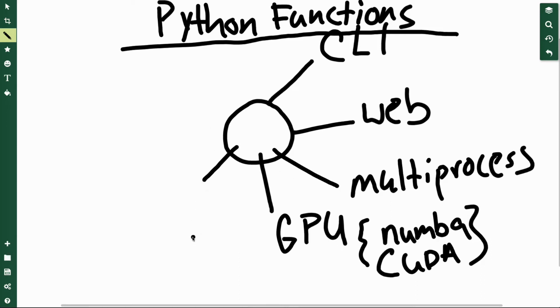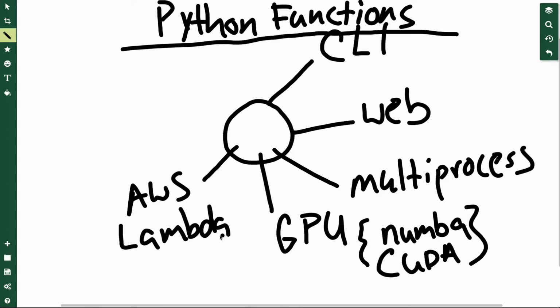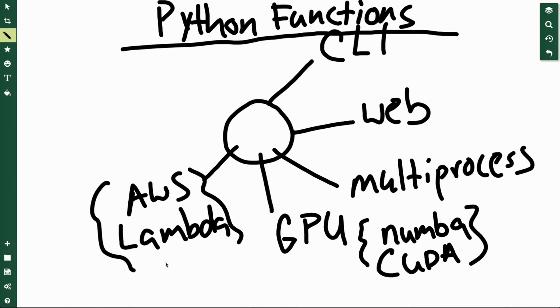What else can you do with a Python function? Well, all the rage now is serverless. AWS has a technology called serverless, and you do AWS Lambda. What this does is it also allows you to build things that respond to events. And again, this is what's incredible about using Python functions: it's so amazing what you can build with cloud computing. And we'll get into a little bit of that as well when I talk about Python functions.